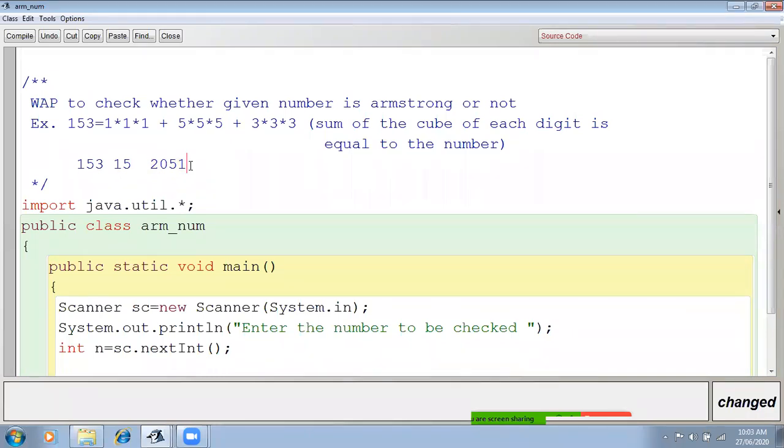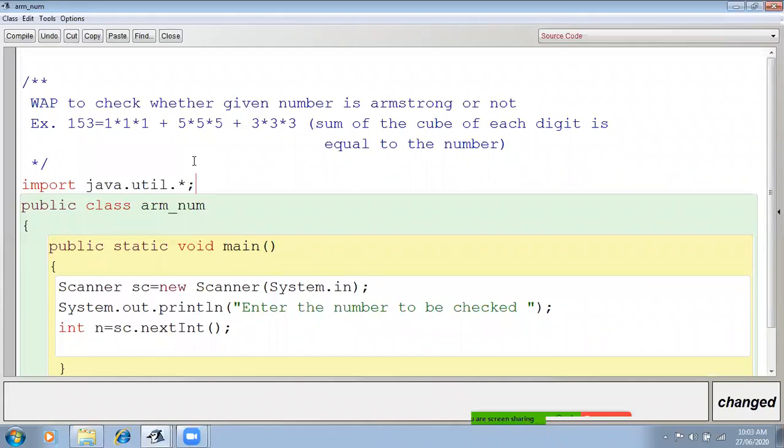But how will you know before the user enters? So in this type of case, where we don't know how many times the loop should be executed, we should use a while loop. Wherever you get a question involving the separation of digits, you should use a while loop.